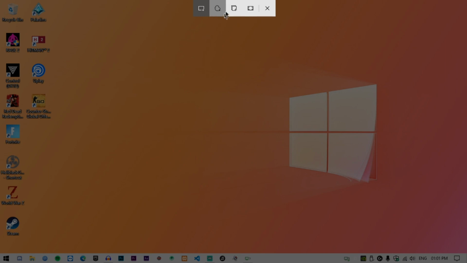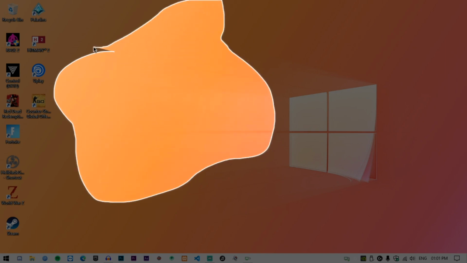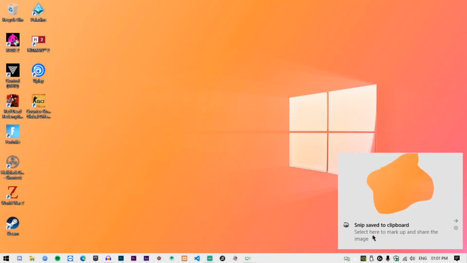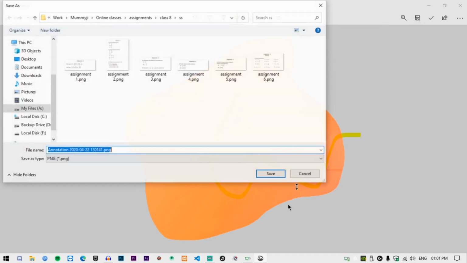It opens up this snipping toolbar in which you are granted multiple options. You can even snip particular sections of the window or just the entire window. You can snip anything like this and it will be stored in your clipboard, and once you click on the clipboard you can click on save and then even edit it while you are there and then save it somewhere on your PC.